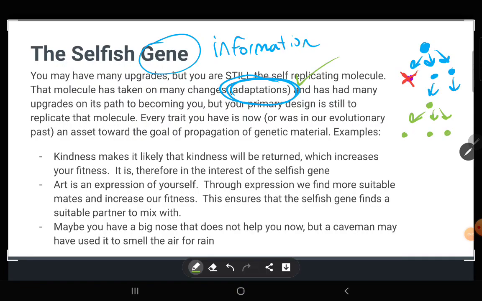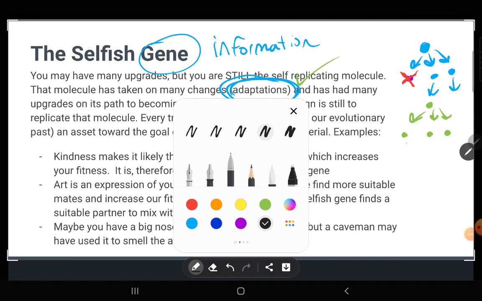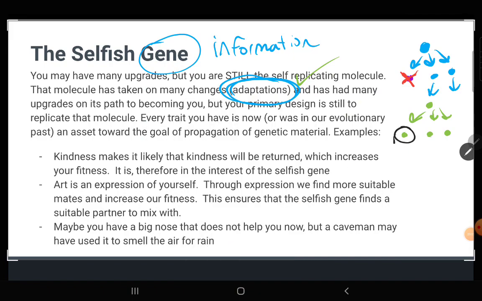And so over time, these self-replicating molecules improved their information. Their information got better and better and better. And they started building things around them. First, it was most likely a lipid bilayer, like I said before. And then proteins started to get into the mix. And then before you knew it, many, many generations later, we have you. And so these adaptations, these add-ons to the original information gene, they're all just for the purpose of that replication still.